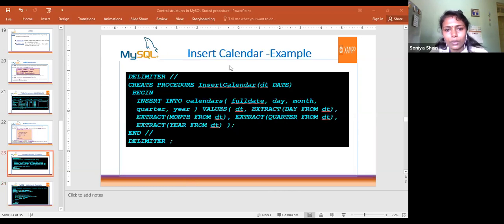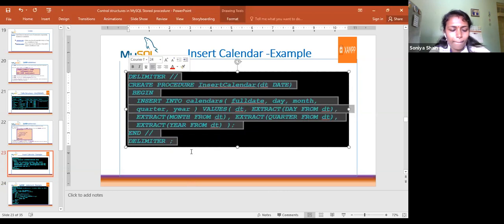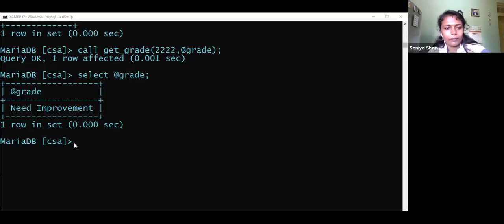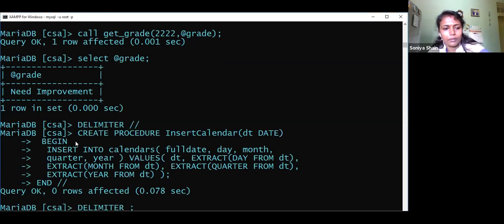First, I have to execute the insert calendar procedure. So I will copy this. I will share the shell with you. Okay, execution is okay.